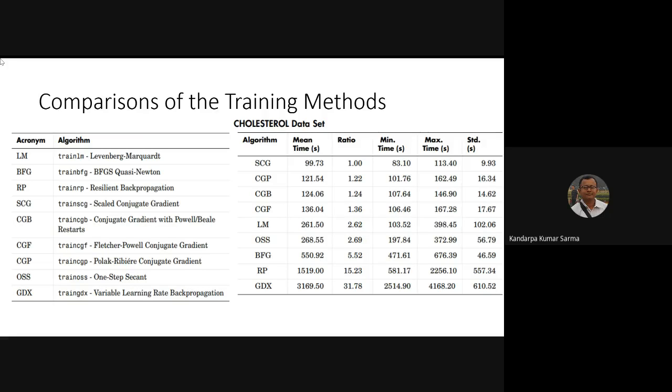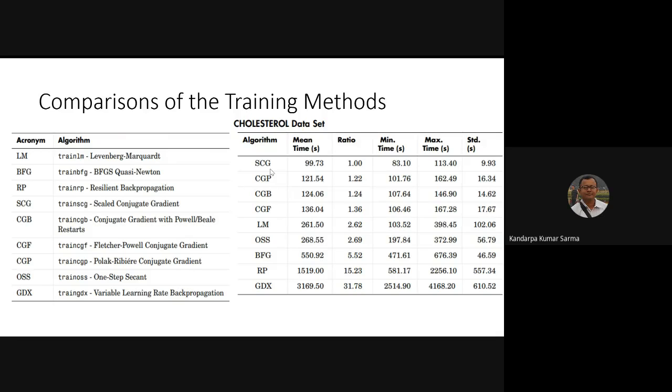So they have taken a cholesterol data set of about 5,000 people and have done the training with all these previously talked about training methods, and they have compared the complete performance. So we can find here all the parameters that were generated during the training by these different training